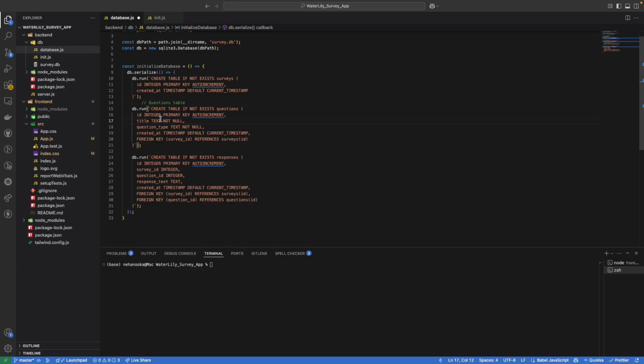Let's have title, which is also text. Then we have description, which is also text. So okay, description, let's remove the not null because this might be null. And let's have a type. Okay, we can have a type which is default is text, so let's remove the not null,